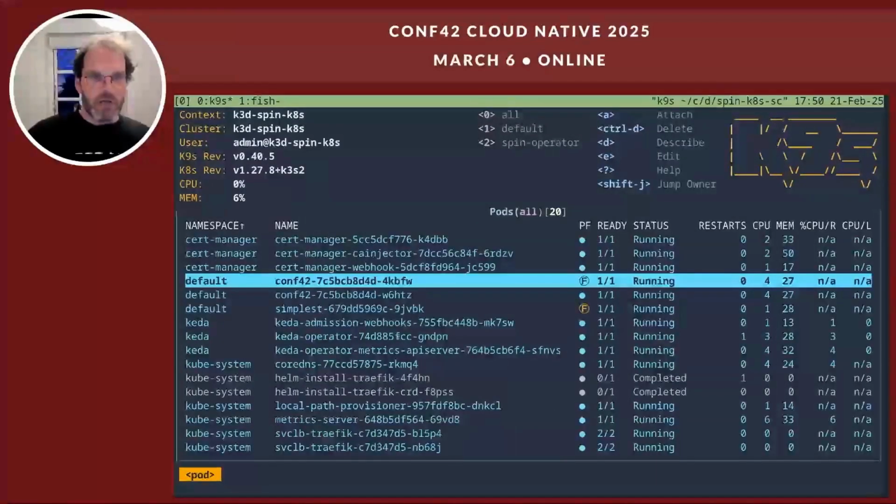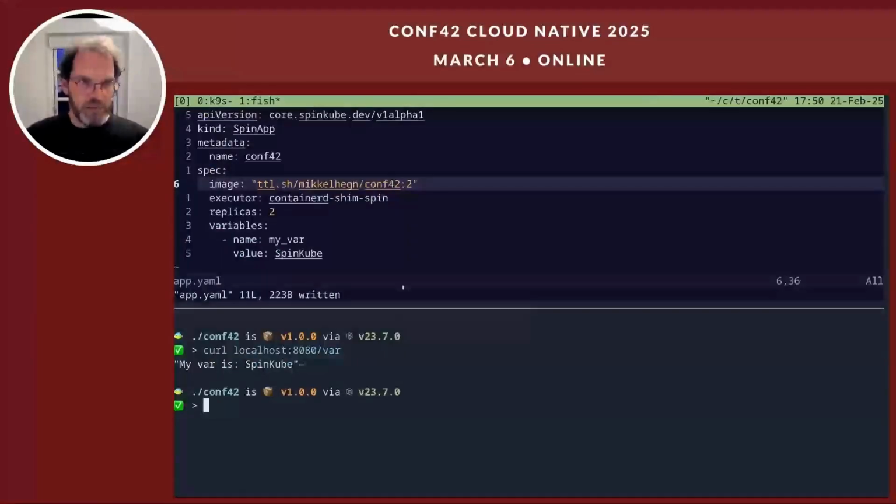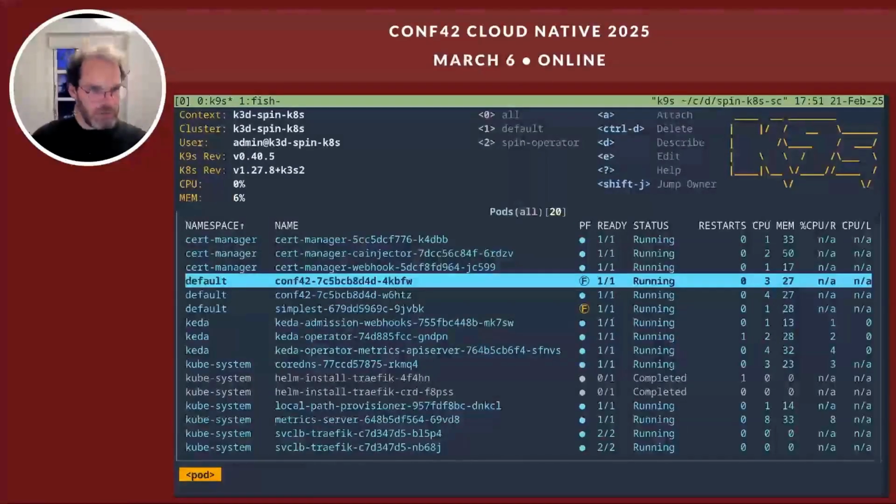Okay, let's try something a little bit more fancy, because part of the benefit we get from using WebAssembly rather than containers is how quickly they can scale, because of the small size, how quickly we can pull them in, but also how fast they will actually start up. So a good scenario would be something like combining this with KEDA as a scaler inside of Kubernetes. So what I will be doing now is, let me just check, because I think, yeah, we already have KEDA